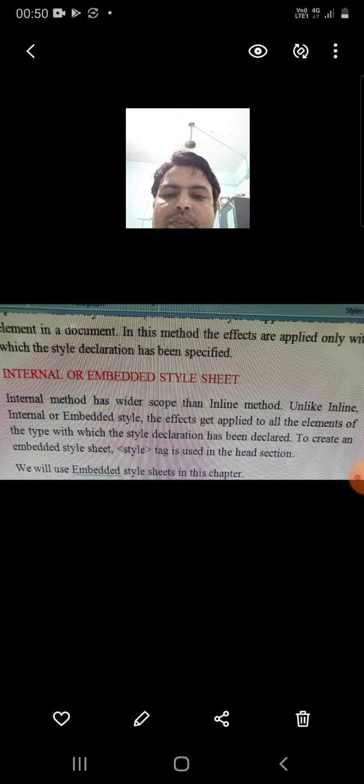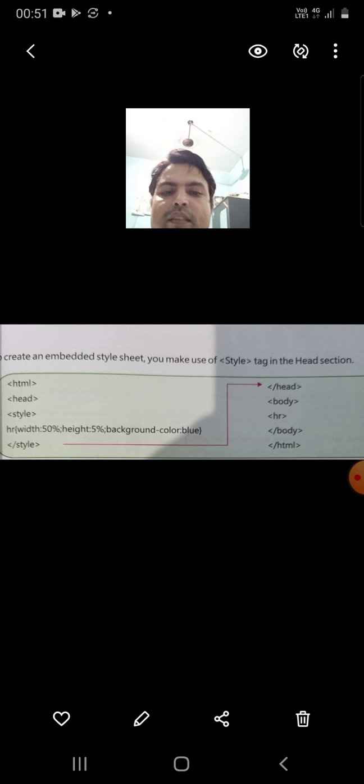To create an embedded style sheet, a style tag is used in the head section, whereas in the inline method, the style attribute was used within the body tag. We will learn to use embedded style sheets in this chapter.